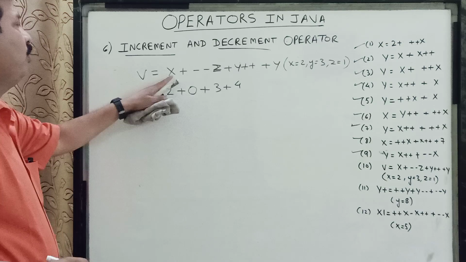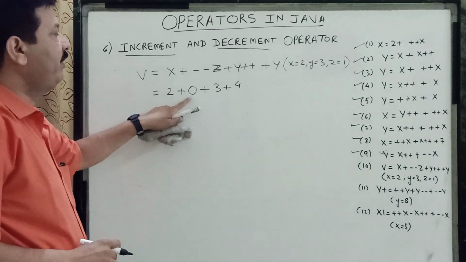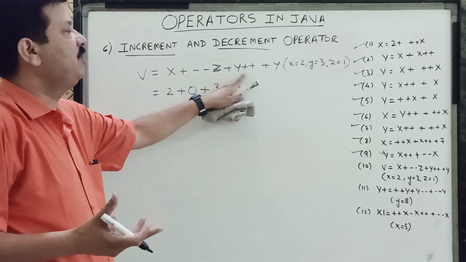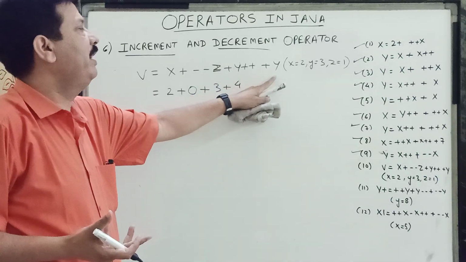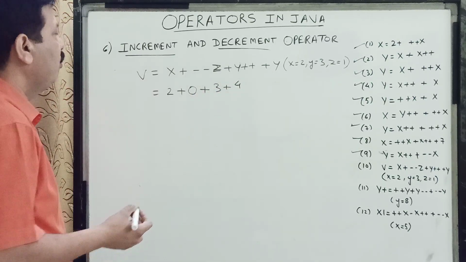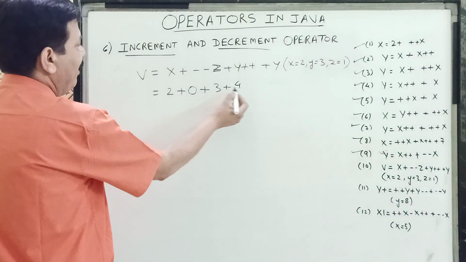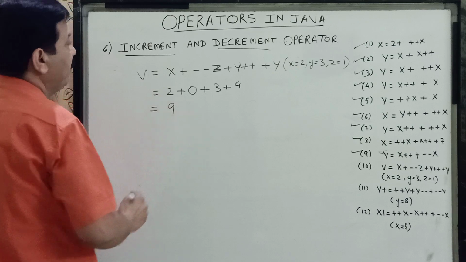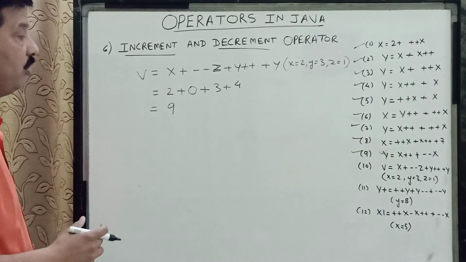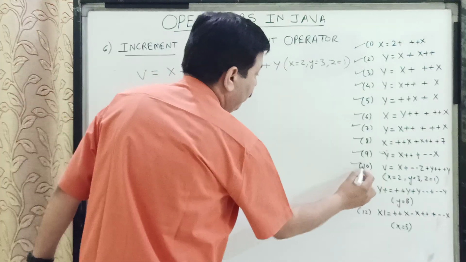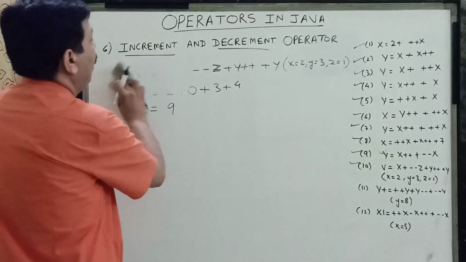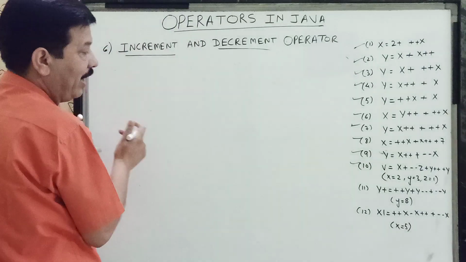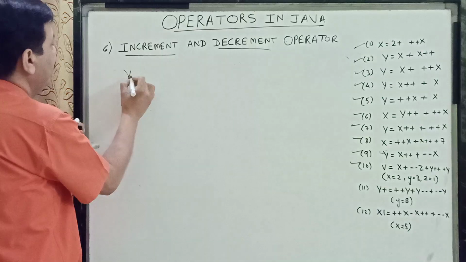So children, this is the original value of x. This is z after changing. This is the original value of y, but now its value is changed because of this operator. And when we again add y, it becomes 4. So children, it becomes 2, 5, 7, 9. That means it is now 9. So this is the value of this question. So we have done this also. Now we come to the next one. This is of 2018. In 2018, this question was asked, the 11th one which I have written children.